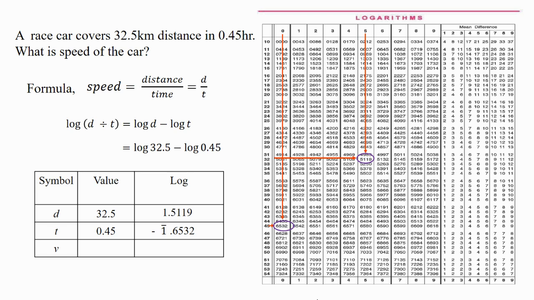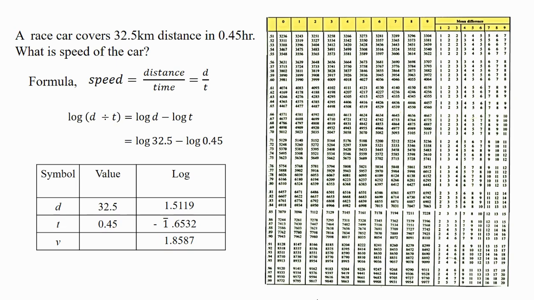So when you do the subtraction, you have the value 1.8587. Now let's find out its antilog. To find its antilog, you have to observe the 8.85 in the very first column. Along the 85 row, observe the value under the 8th column, and then add the mean difference along the 85 row under the 7th column. When you do this, you have the antilog value as